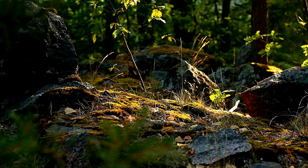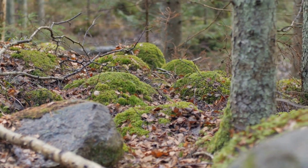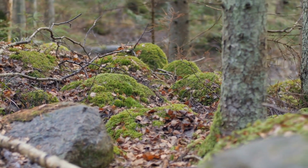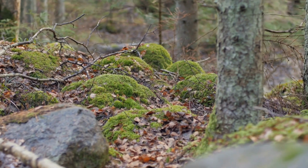Pink velvet worms are all about comfort, and they love it humid. These fascinating creatures with their soft, velvety bodies are perfectly adapted to life in the dampest environments. They thrive in places where the air is thick with moisture, and the ground is perpetually wet. These little guys are happiest in damp forests, where the ground is wet and the leaves are piled up high. The thick layer of leaves and moss provides them with the perfect hiding spots and keeps the environment just right